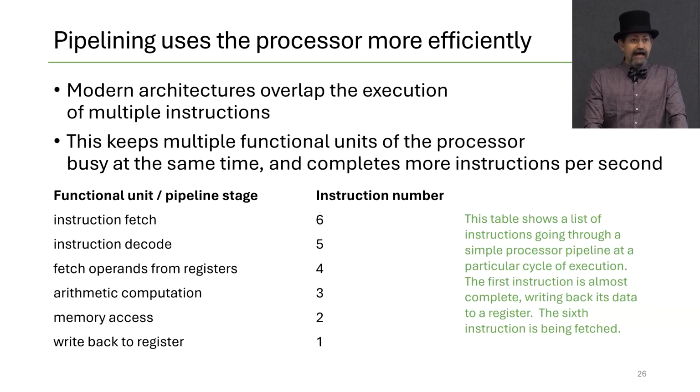What pipelining does is it allows the different stages of instruction execution to overlap with the execution of different instructions. So our first instruction will do a fetch, and then when we do a decode for that first instruction, the next instruction can be fetched. And then we can move on down the pipeline. So at the point where the first instruction is writing back to a register, the second instruction is doing its memory access, the third instruction is doing arithmetic computation. For the fourth instruction, we're fetching operands, we're decoding the fifth instruction, and the sixth instruction is just getting started